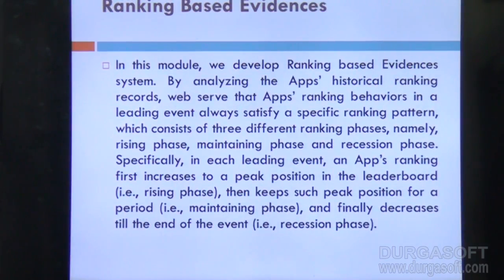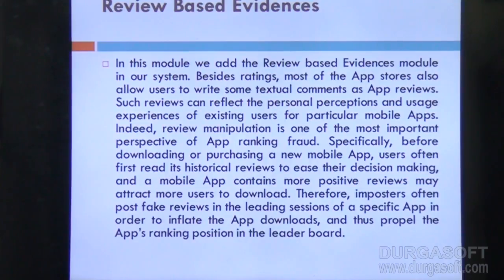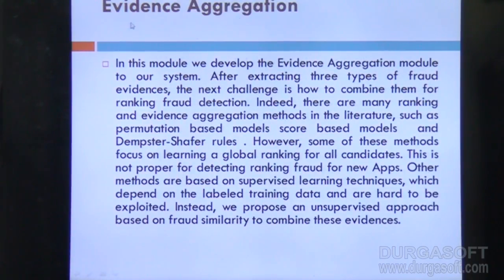Finally, we have collected 3 evidences: ranking based, rating based, review based. We are going to collect these 3 evidences; that is evidence aggregation. We have to aggregate all 3 evidences and evaluate the entire application in an efficient manner. Based on this final evidence only, we generate a decision for the humans or anyone taking the decision, like whether the app is fraud or not.